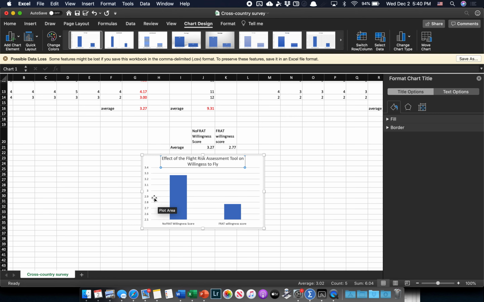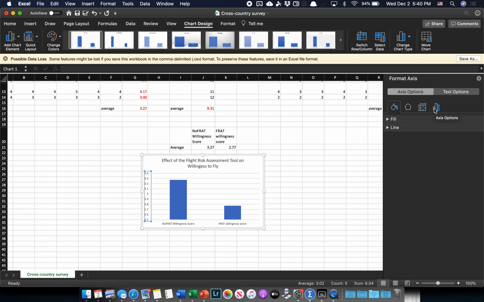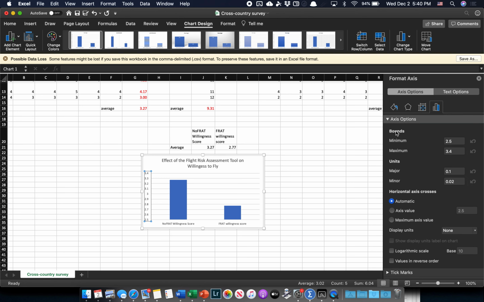Now, this could be a little bit arbitrary because theoretically, look at this. It's from 2.5 to 3.5. So that's really not giving us a good representation. So I'm going to highlight that scale, and go over here to the format axes. Go to this bar, axes options. Its minimum is only 2.5. So I've got to really make this 0. And there you go. Now we've got a clearer